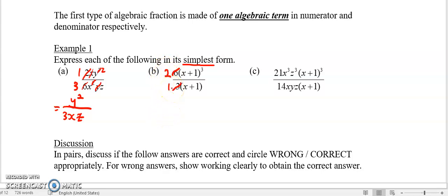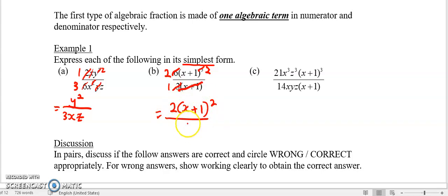As for the algebraic term, (x+1) cubed means that we have 3 of (x+1) brackets multiplied to each other on top. So we can cancel off one of them on top, left with a power of 2. So it becomes 2 times (x+1) squared